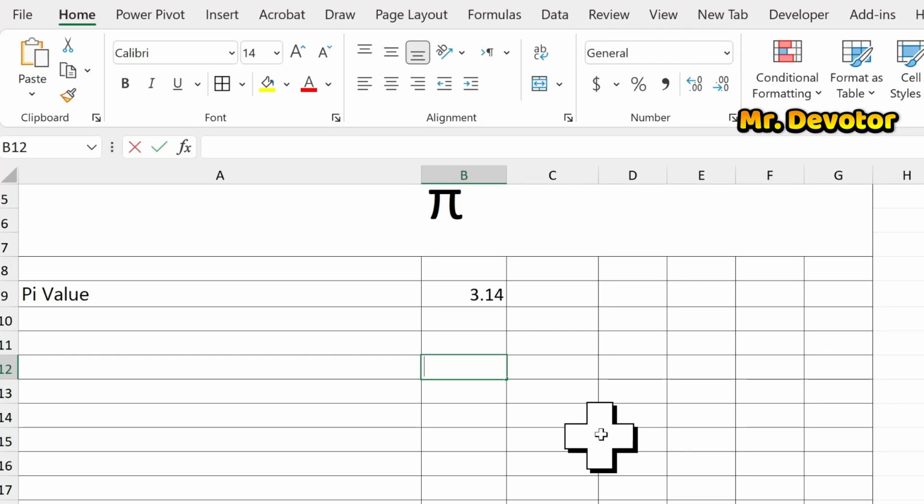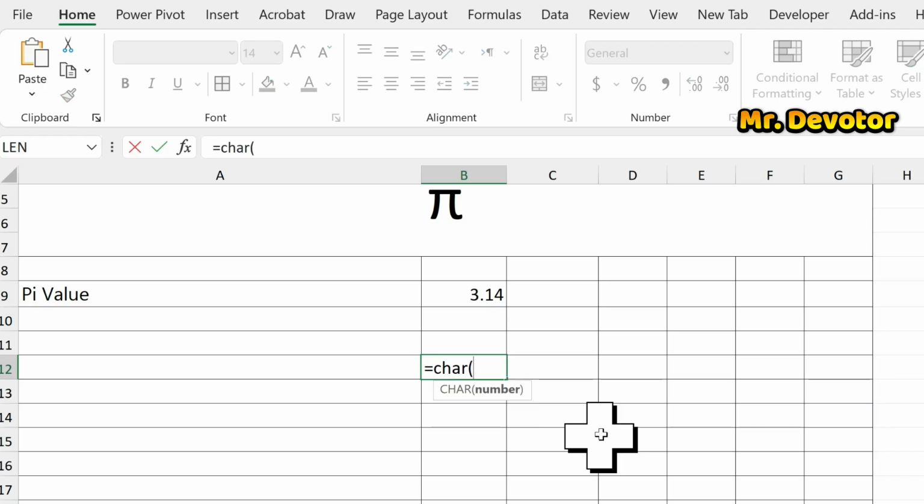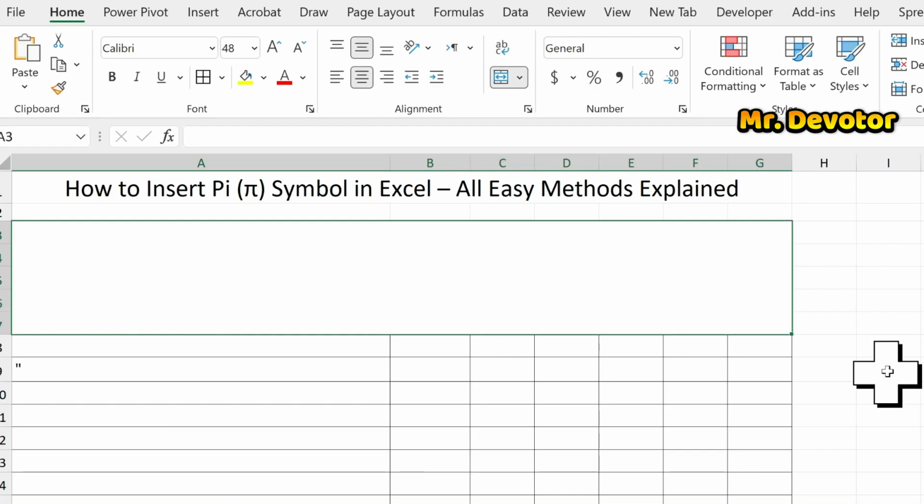In today's video, I will show you how to insert the PI symbol in Excel. Whether you are a student, teacher or office user, knowing how to insert special symbols like PI can be very helpful, especially when working with math formulas, geometry and scientific data. So let's get started. In the first method, hold the Alt key and press 227 on the numeric